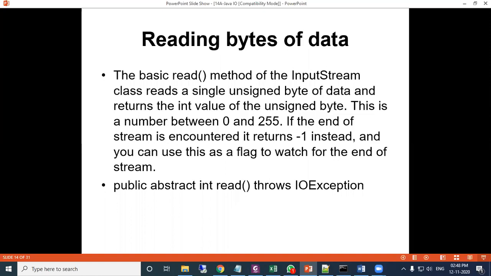Next, reading bytes of data. How to read byte by byte of data from the file or from the buffer or whatever. You can read from the buffer, you can read from the file. You can write to the buffer, you can write to the file.